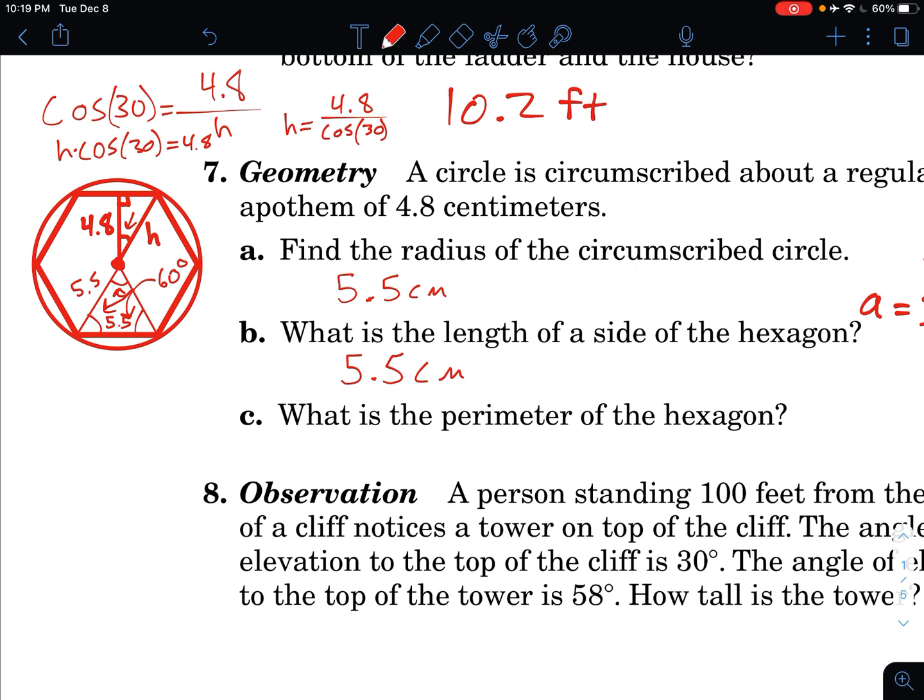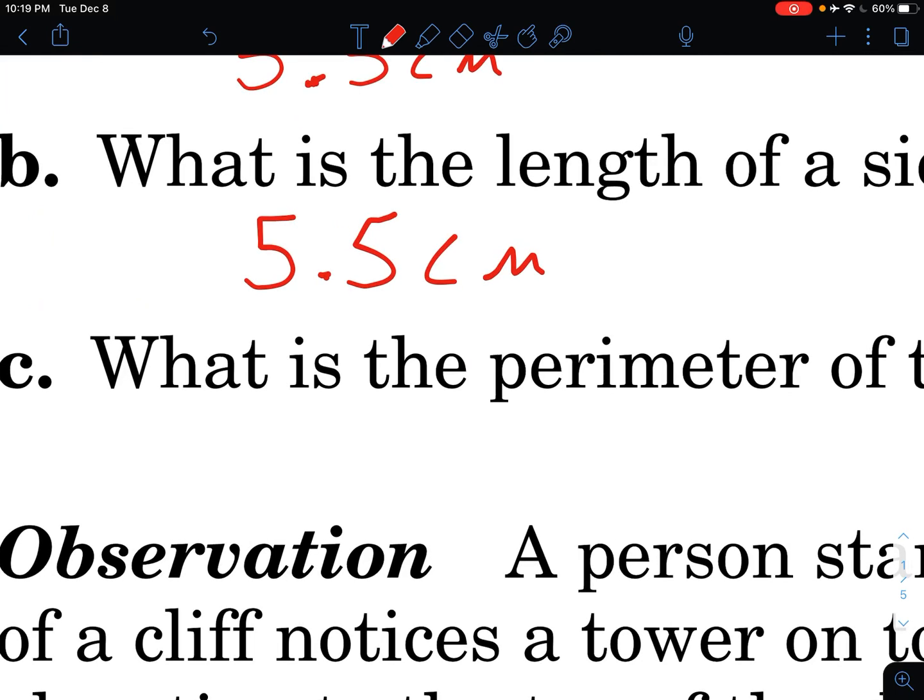Alright, what is the perimeter of the hexagon? You just multiply that by 6. You're going to get 32.5 if you don't round, if you rounded to 5.5 and then multiply by 6. But if you go back to your original answer, which was 5.5425, you should multiply that by 6 because your actual answer is going to be